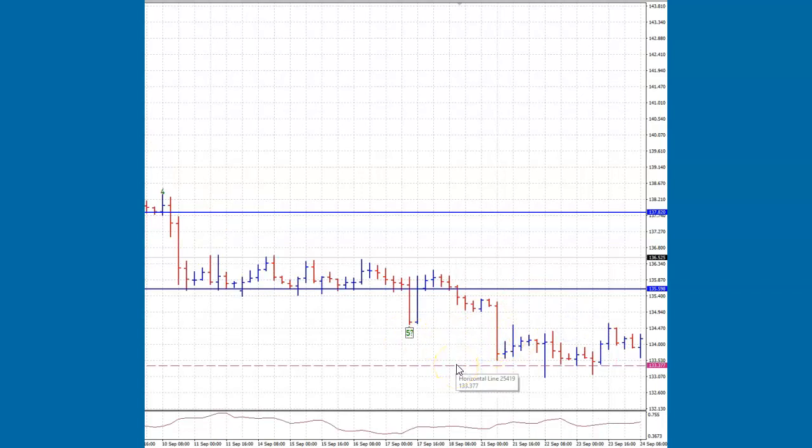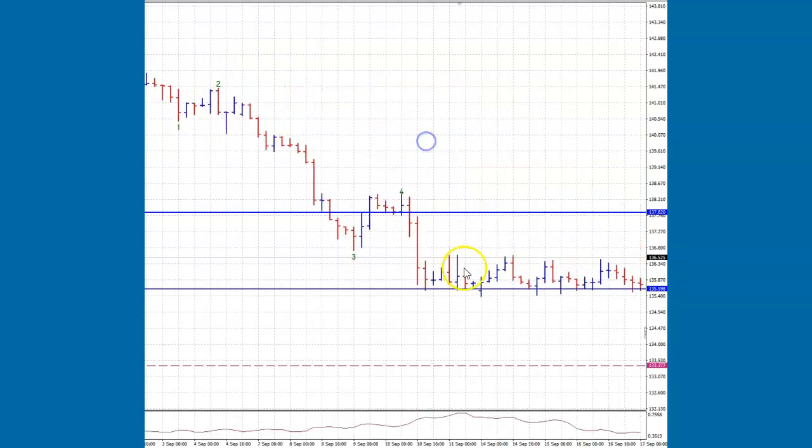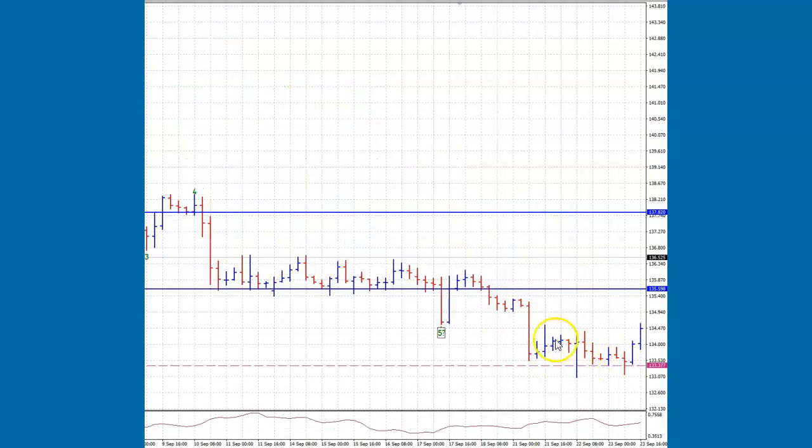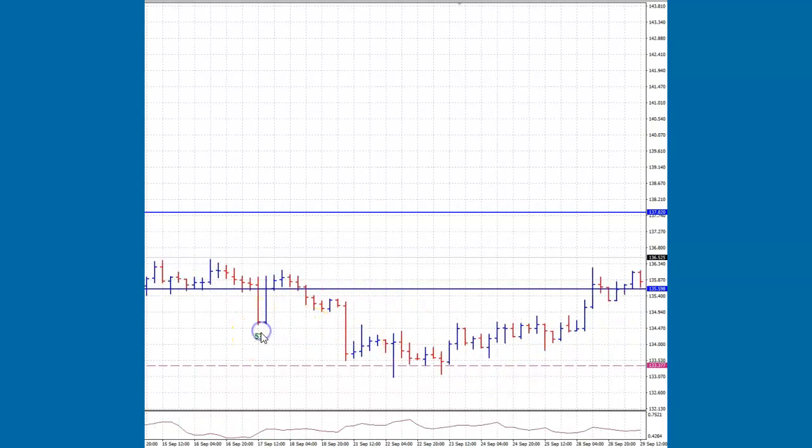This line is the 2.236. It's the distance between this high and this low multiplied by 3.618, giving me 806 pips from the top of this. It's right here, this line. Now, again, breaking this line, saying, wow, we could potentially go lower. All right. However, if I move my 5 here,